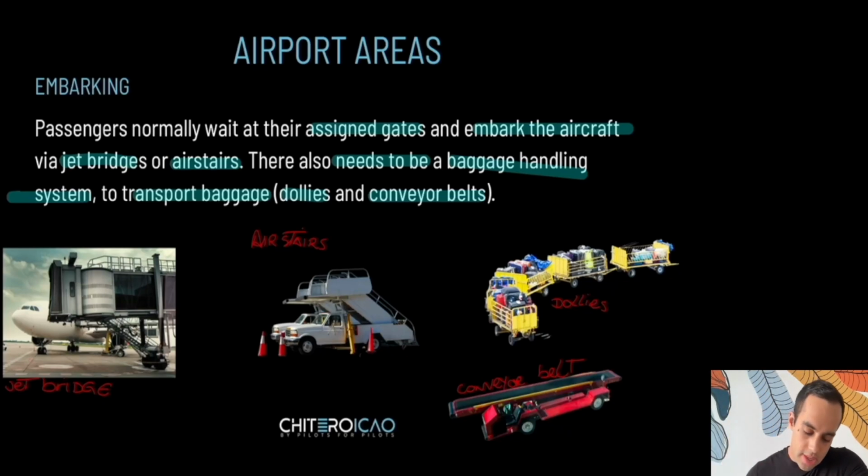So you need to know that these are dollies. You need to know that this is a conveyor belt. You need to know that these are air stairs. This is a jet bridge. Come on, you guys are pilots. If you're not flying for an airline, if you're not flying a big jet, I'm sure that's your goal, in a way. And every pilot likes operating in big airports. So if that's your dream, if that's something you would like doing in the future, I would start by knowing what you're gonna have around you. So always know the names. All right, vocabulary is extremely important for life to communicate, but it's even more important when you're talking about your profession. All right, let's raise the standards a little bit here.